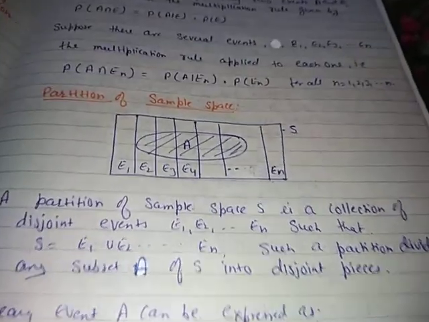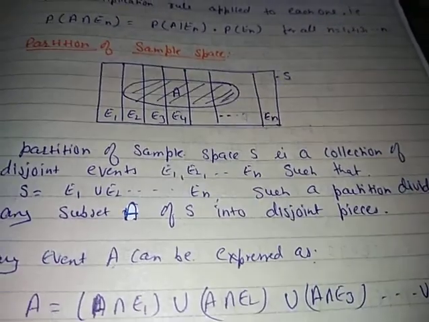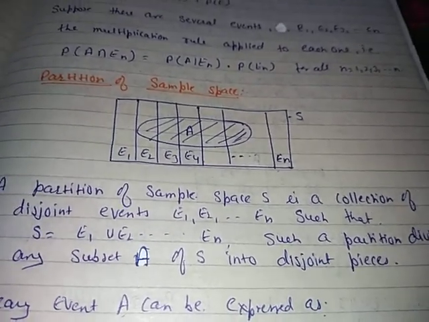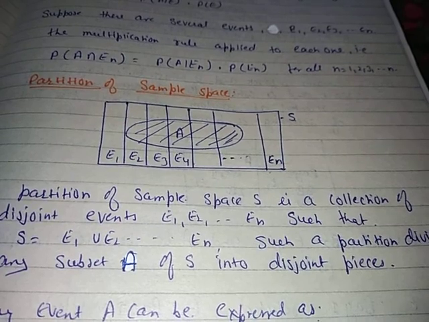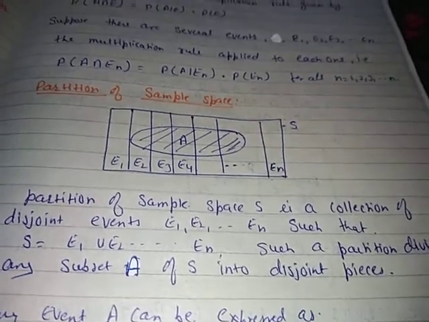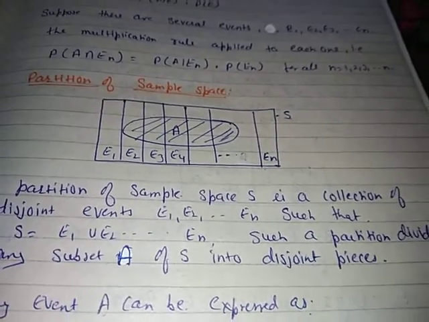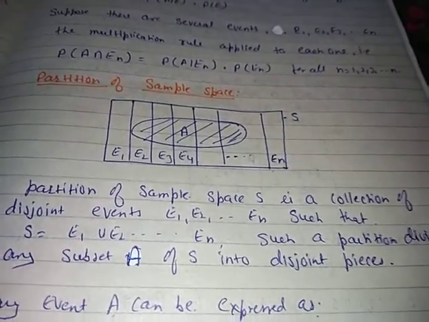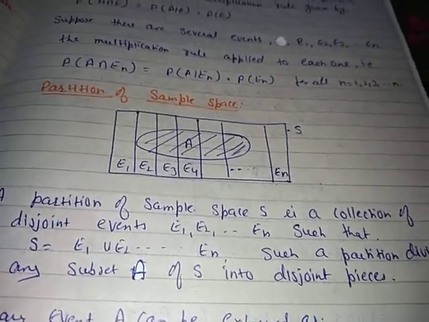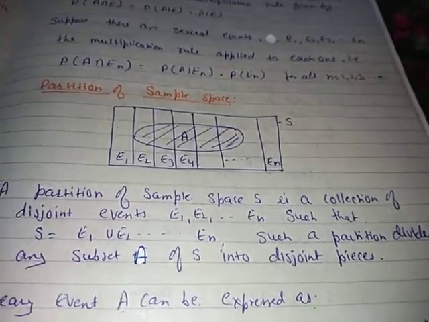That means total multiplication: the probability of A happening, so the total options whole addition, P of E1 into A by E1 plus ... P of En into A by En. This is your total number of outcomes. Your required outcome is that the common event will be from option number 3. So that will be your required event and it should be the numerator, and upon it the denominator should have the whole addition. Simple, by the method of probability: your required outcome upon total outcome. This is your Bayes theorem.